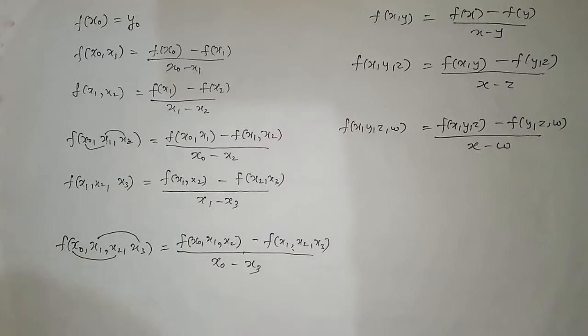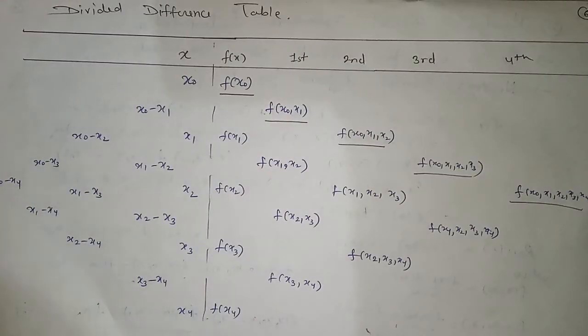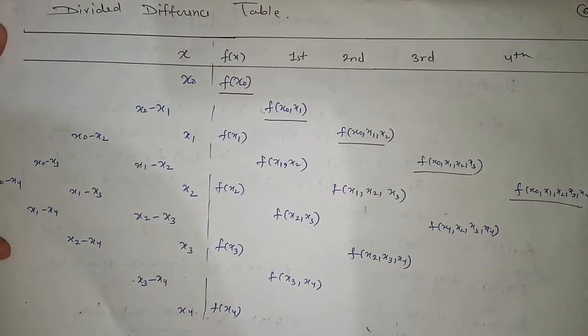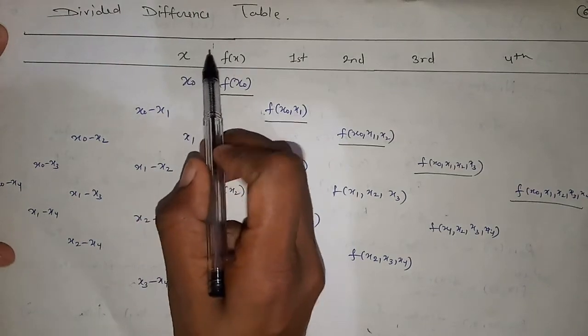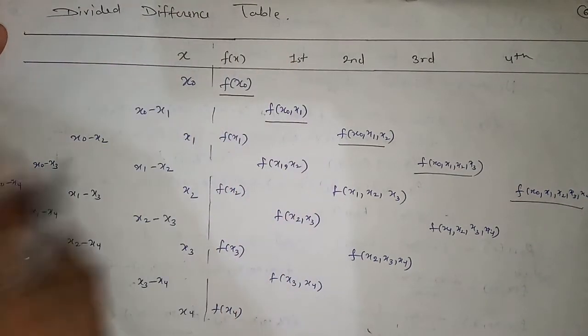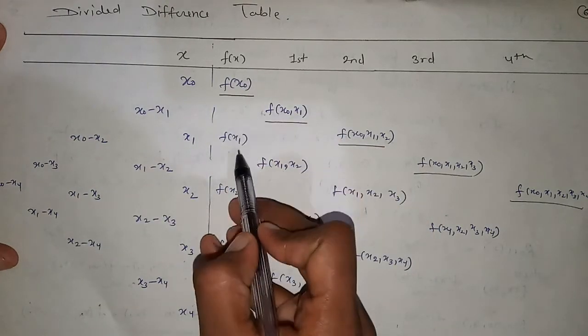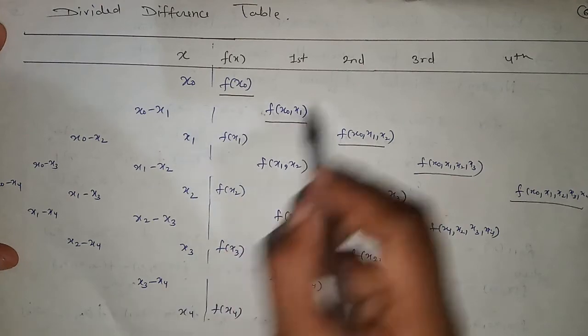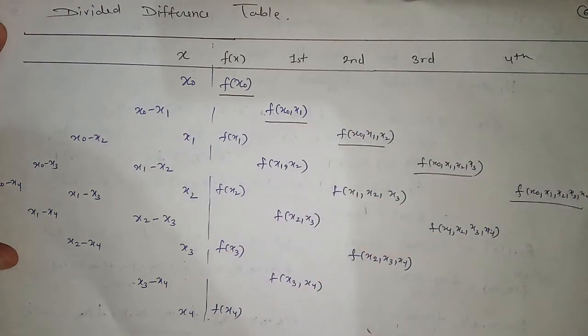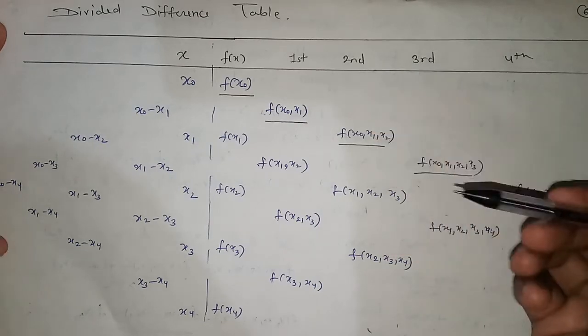Now we will see the table for divided difference. On seeing the formula, I think you get confused about how we will do all this calculation. So this table makes all the calculation easy. Now we will study this table. The table is known as the divided difference table. So in this table we are dividing the page into two parts. One is for x and another one is for f(x): f(x0), f(x1), f(x2), f(x3), f(x4) and so on, and we are finding first, second, third differences using the formula which I have explained just before.